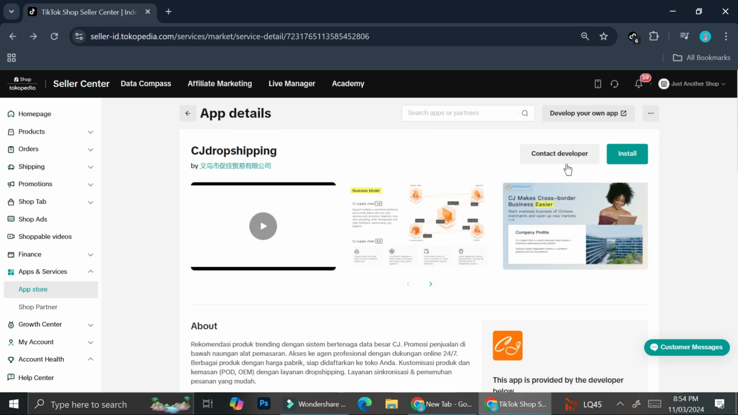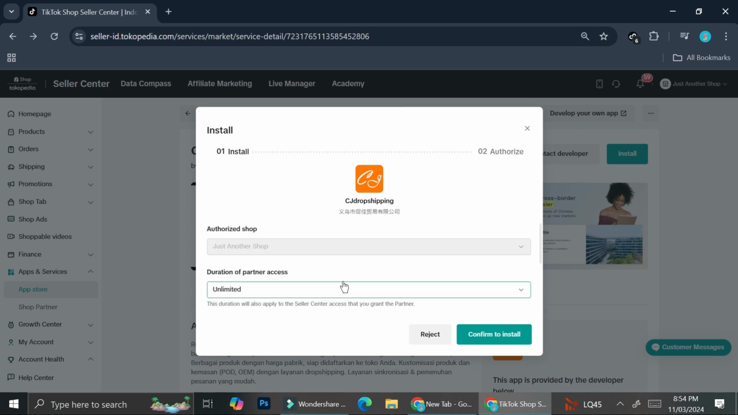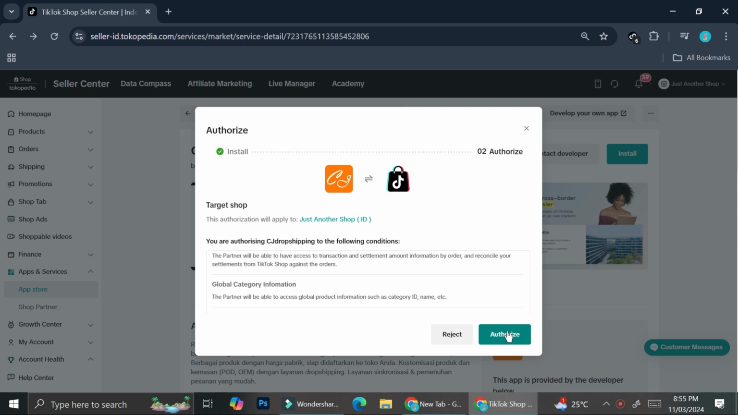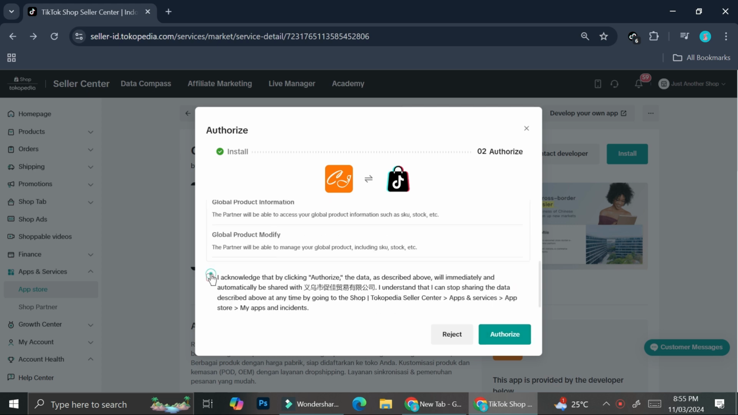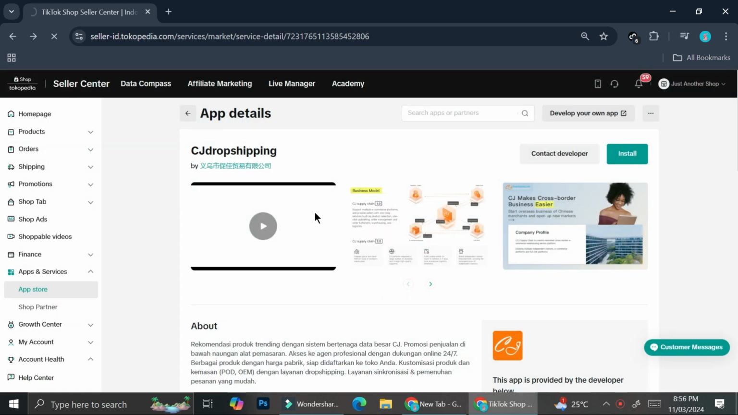Now all we have to do is click on this install option, and then you're going to want to add some details. And once you've got all of the details inserted, you can go ahead and click confirm to install. Then they're going to ask you to authorize the installation of CJ Dropshipping into your TikTok Shop. And these are the details that you can read. And once you're okay with it, you can go ahead and click on this tick box and then click on authorize. Now, as you can see, we've got the app authorized into our TikTok Shop, and it's going to bring us into CJ Dropshipping